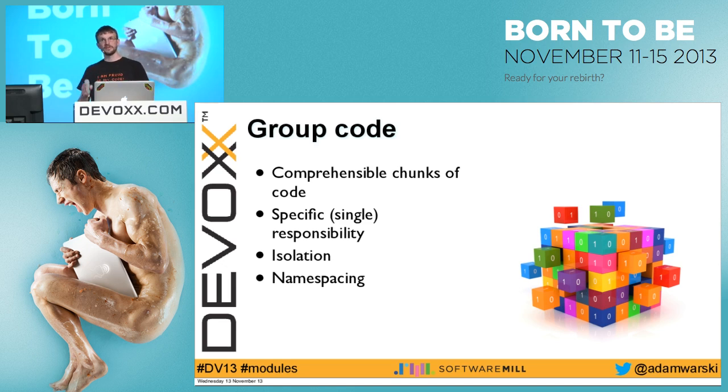Also, the module should have a specific or single responsibility, but what exactly having a single responsibility means could be a very wide range of things. It depends on how general our language is. We can have a single responsibility which is a whole project, or a single responsibility which describes a class. In fact, the single responsibility principle is very flexible depending on what language we use. Here we also get things like namespacing and isolation. This can also be runtime isolation.